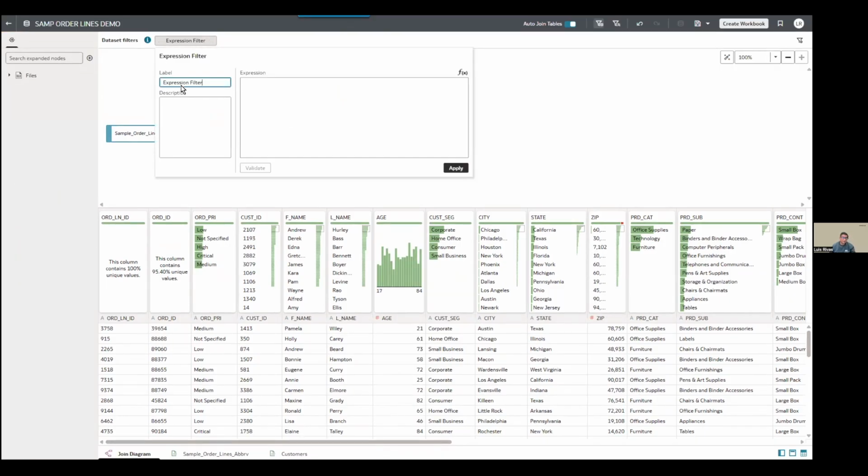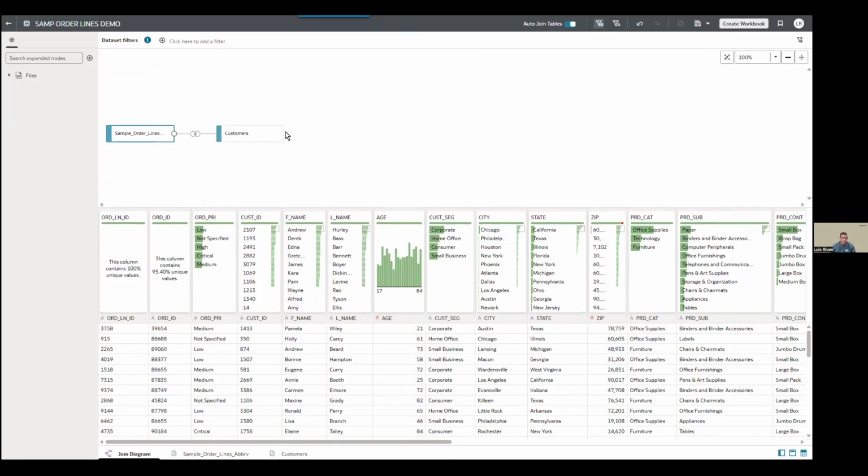It'll bring up the expression editor. And again, you can go across the tables. So we'll grab customer segment from the sample orders, and we can also cross-reference this to customer state from the customers table, and you can pick the states, and then this will apply to this dataset, and all consumers of the dataset will see a reduced set of data based on those filters.